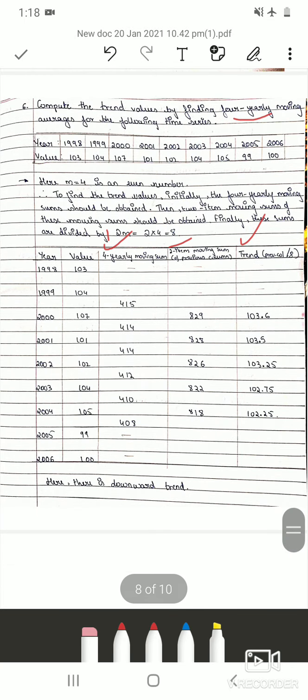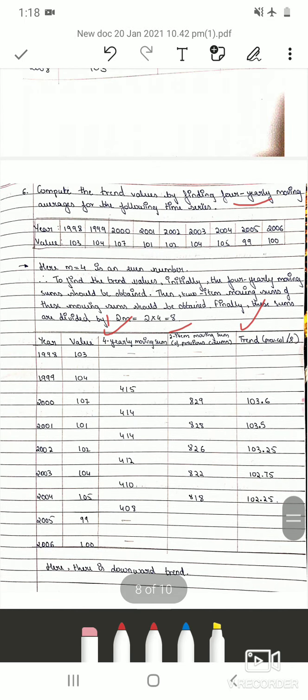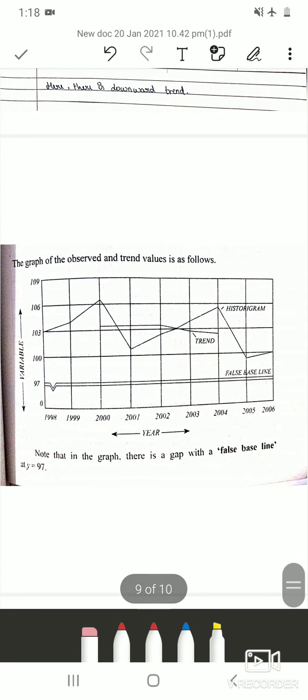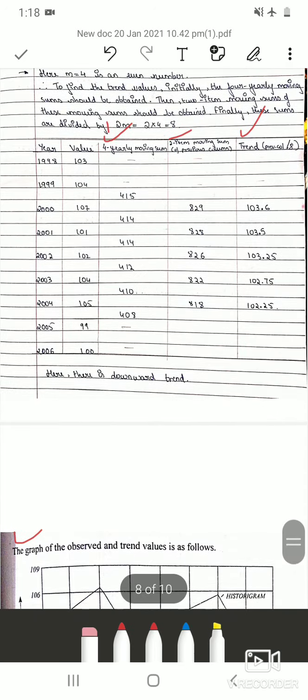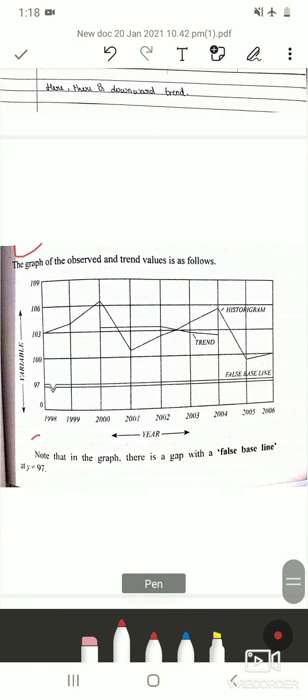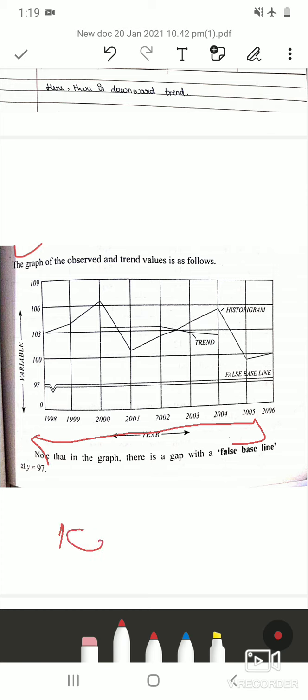So for this problem, if they had asked to plot the graph of original values as well as trend values, then the title of the graph would be the graph of observed and the trend values. So here the year is from 1998 to 2006. So in the x-axis you have to mark 1998, 1999 up to 2006 with 1 centimeter,